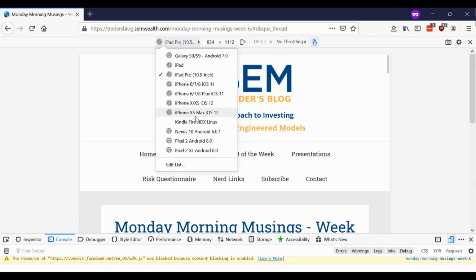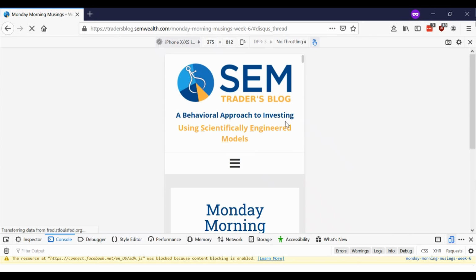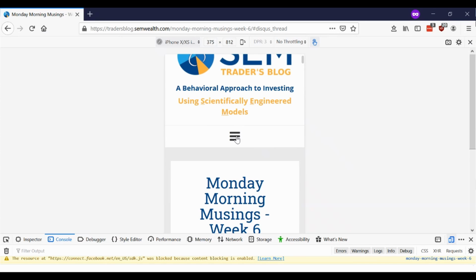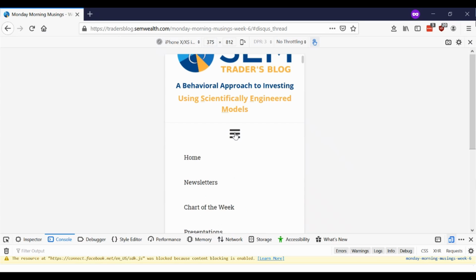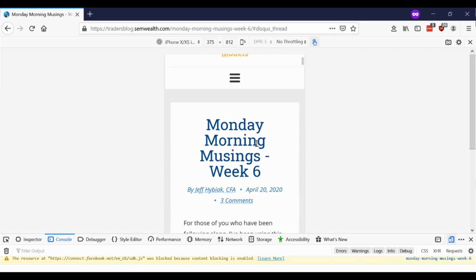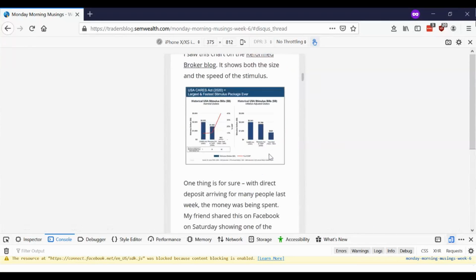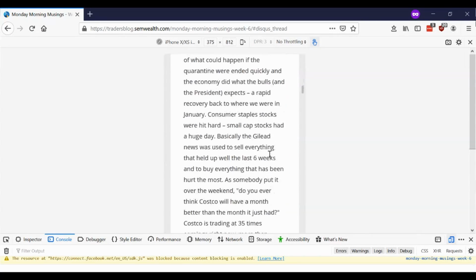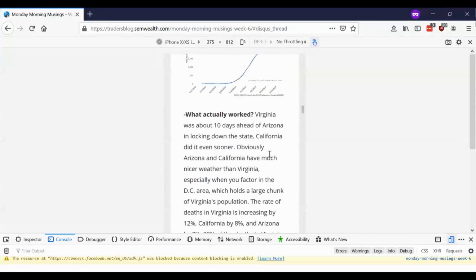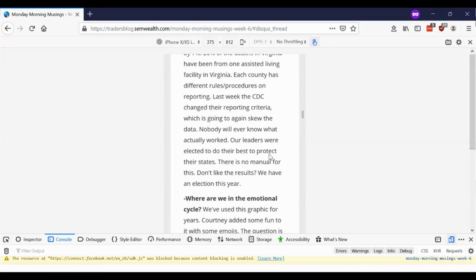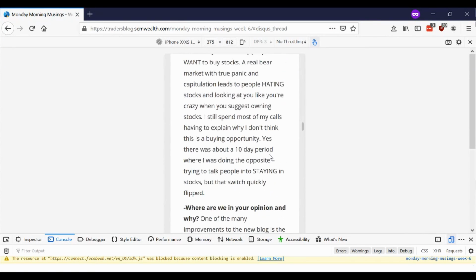Here's what it would look like if you were on an iPhone X or XS. And you see the header links have collapsed into this hamburger menu. So if you were to tap on this, the links expand. And then as you scroll down, it's formatted, it looks good. The pictures are there, they've automatically resized themselves. It looks good, and this is the same blog on the iPhone X as you saw on my screen earlier